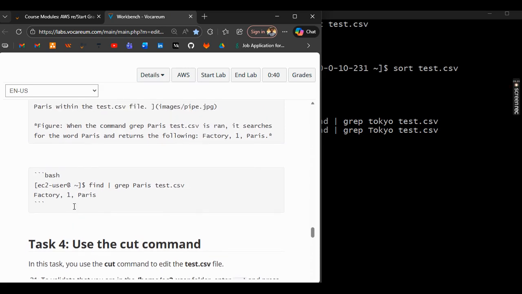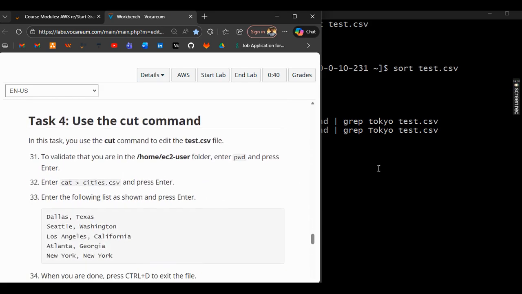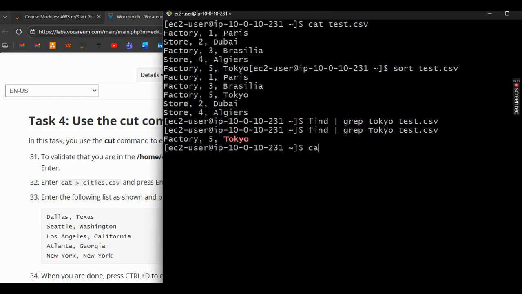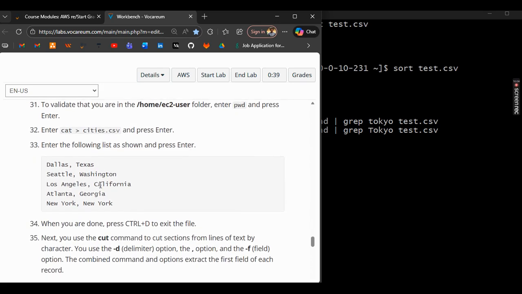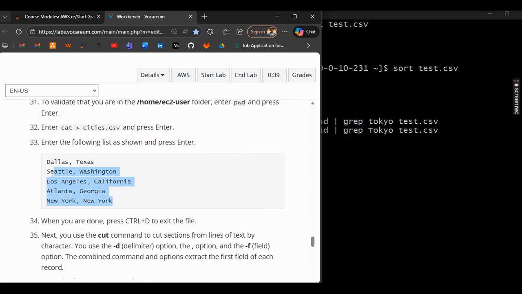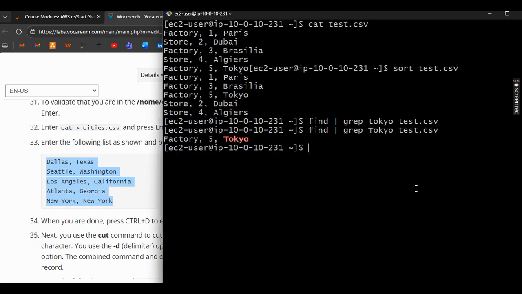So we've done the cat, we've done the pipe, we've done the sort. Now let's try the cut. Obviously there's a straight difference between cat and cut. We've come to understand that normally cat is used to print to the screen whatever is in there. Now let's look at what cut stands for. We want to do a similar thing and copy whatever I say into the file called cities.csv. So as we did earlier, we cat and then we direct it to cities